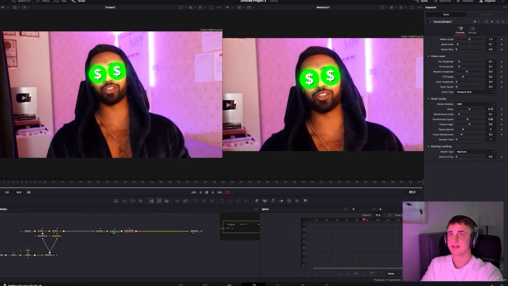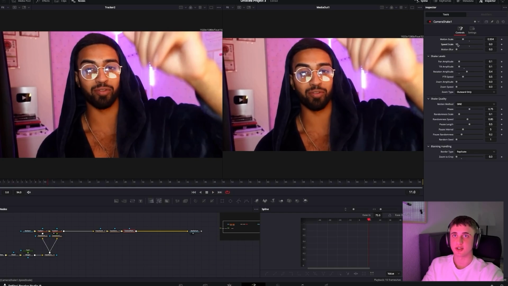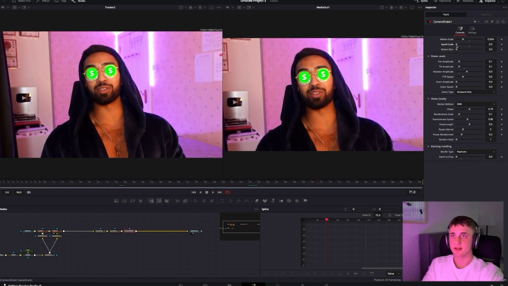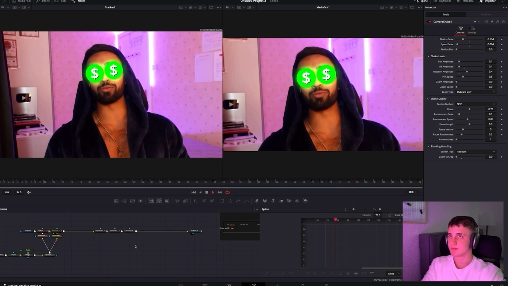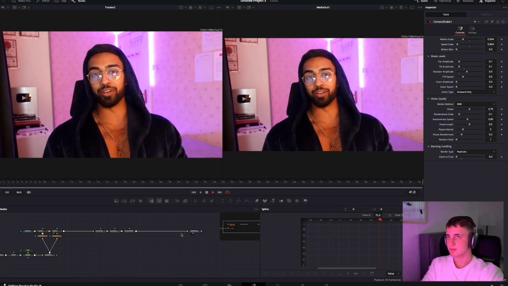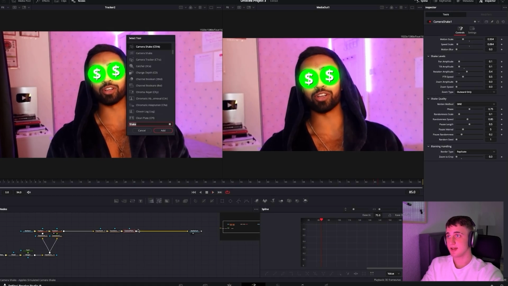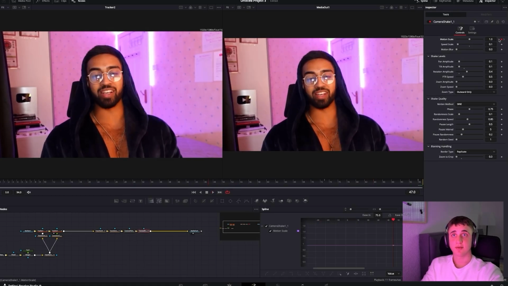Also let's add a shape to the image and make it kind of slow. Like a bit of movement wouldn't hurt. Let's add an impact. Shake. Yeah. And let's keyframe the motion scale.